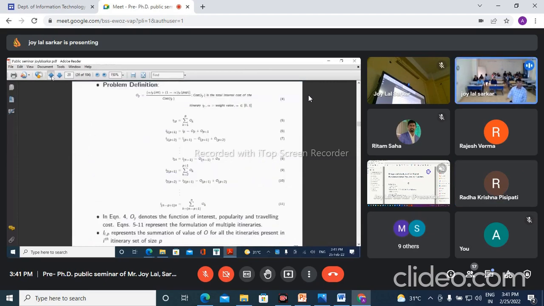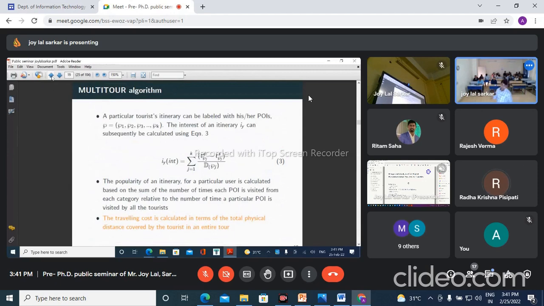Yes, sir. Earlier, there was a sequence of deploys, sir. But we have a different sequence of itineraries. Inside an itinerary, there is more than one deploy, sir. So our itineraries should be connected. Suppose one itinerary I recommend today, the next day I need to recommend another itinerary, and these itineraries should be connected. Okay. Yeah.